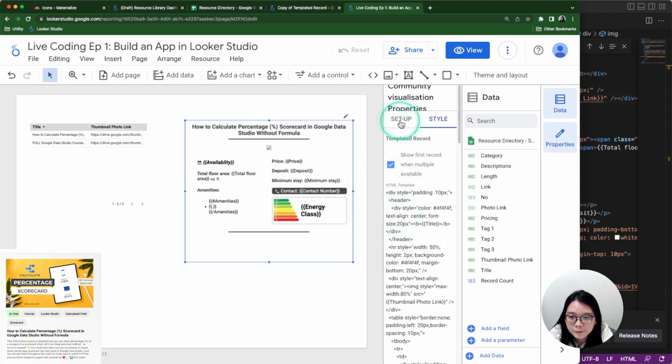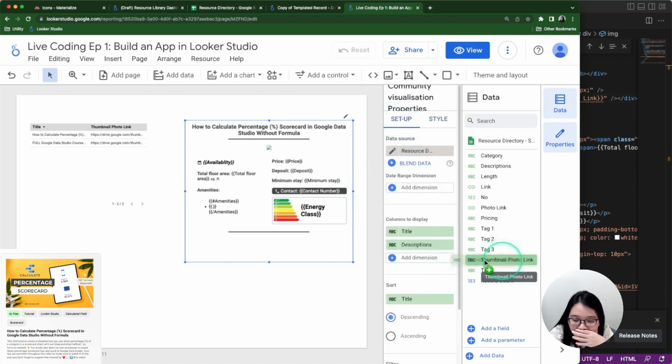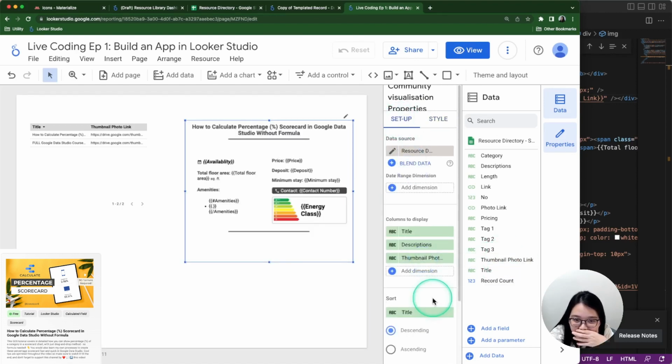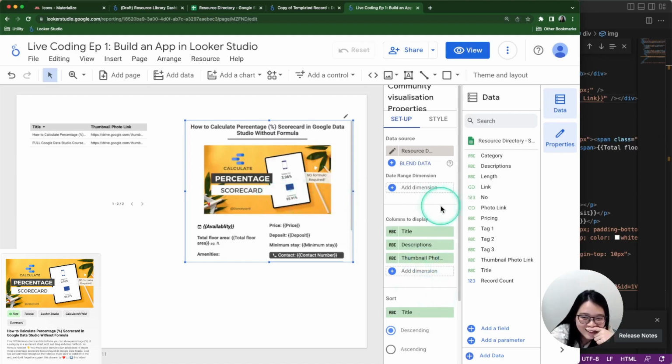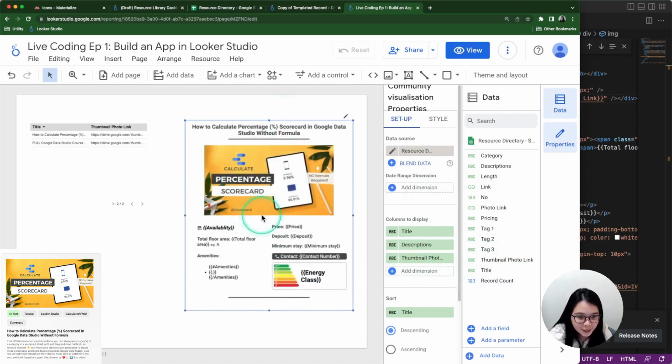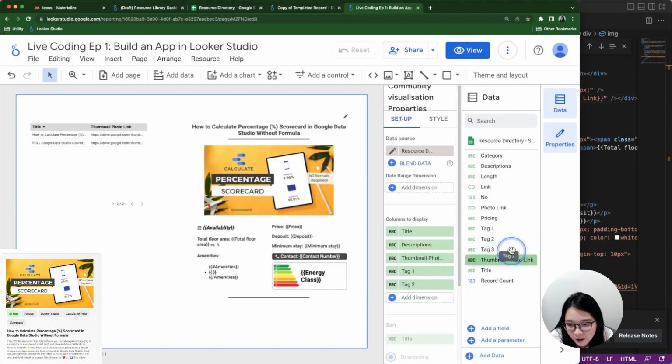Oh, okay. I forgot to put it in the columns to display. So you have to remember to put in the columns to display so that the data can be displayed. So before it's too late, I'll just put all